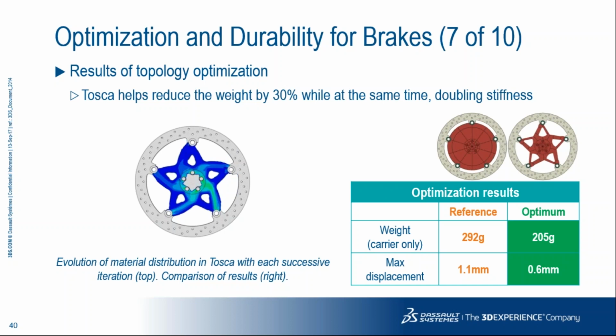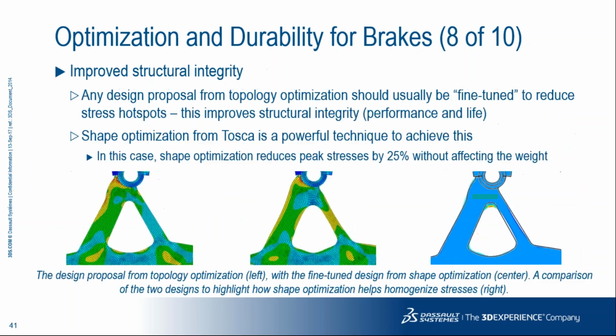Moving on to the next slide, which is about shape optimization. It is applied after topology optimization to fine-tune the results. This type of optimization helps us to reduce the stress peaks by slightly modifying the outer regions, which takes into account